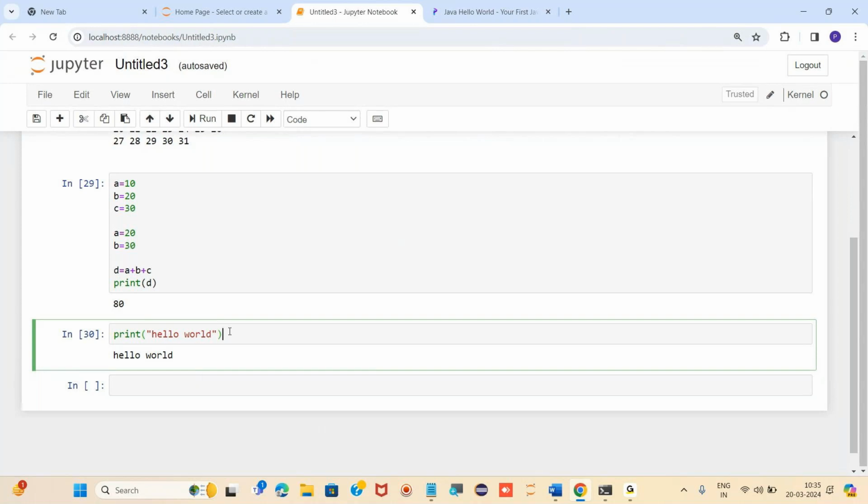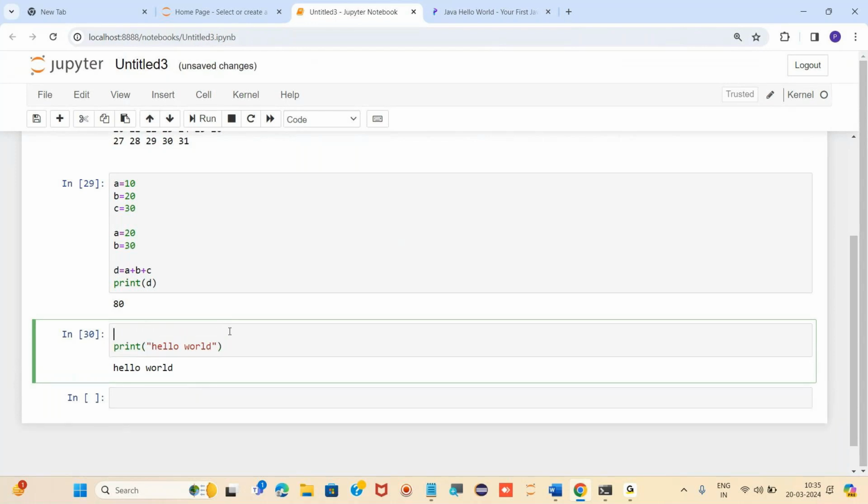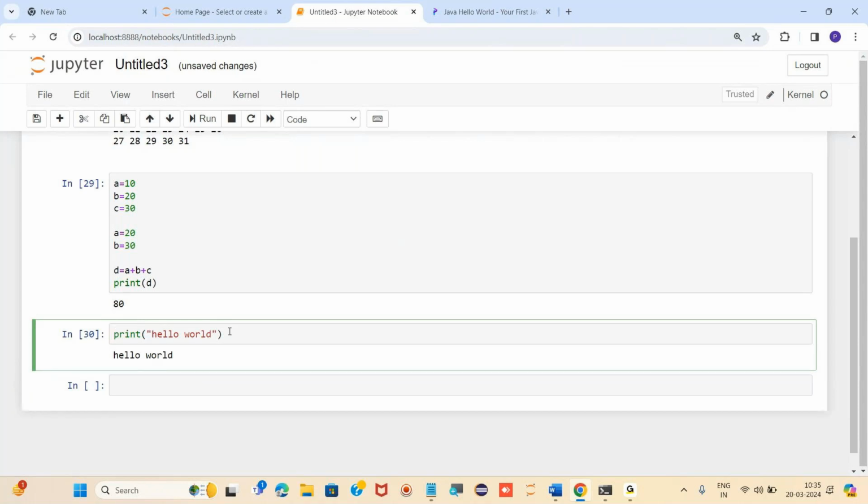How many lines does it require for C programming? 5 for Java, 5 for C++, 5, right? We haven't written anything like hash include or any kind of header file or any kind of main method, anything.